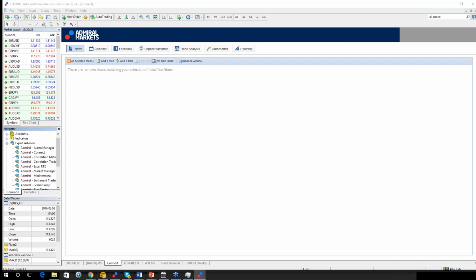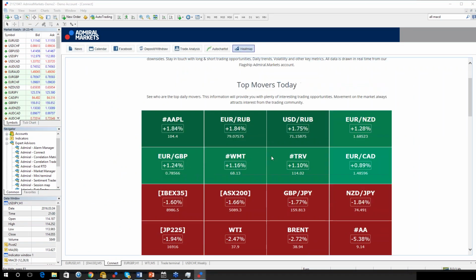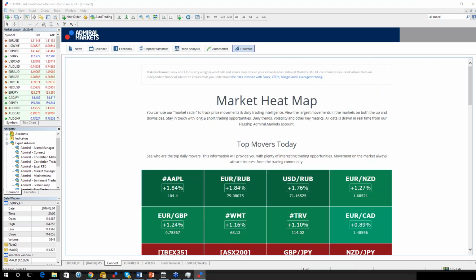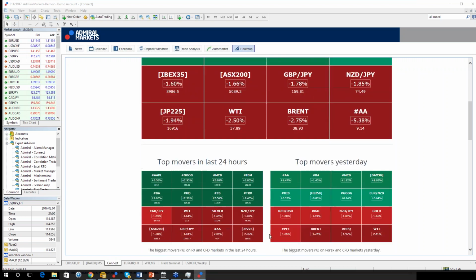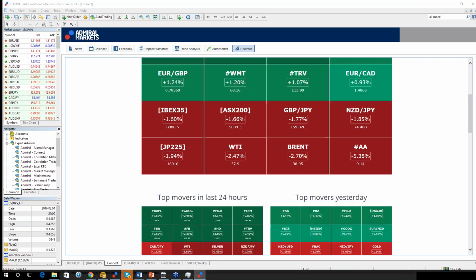Also, here on heat map, you can find top movers today and actually how the pairs performed. Okay, it's real time also, so you will watch it in real time. And also another good feature is you will find top movers in the last 24 hours, top movers yesterday, and